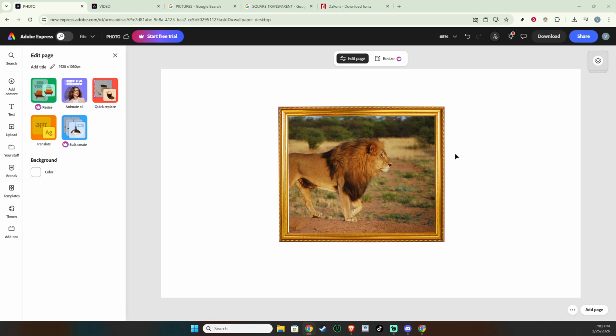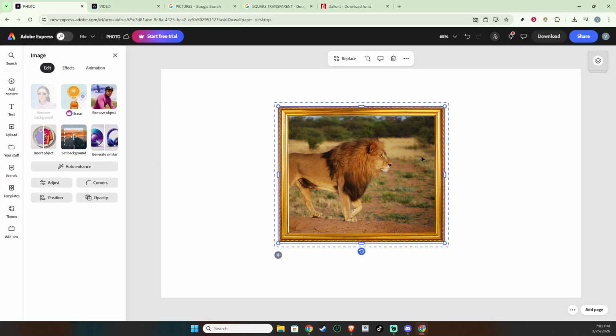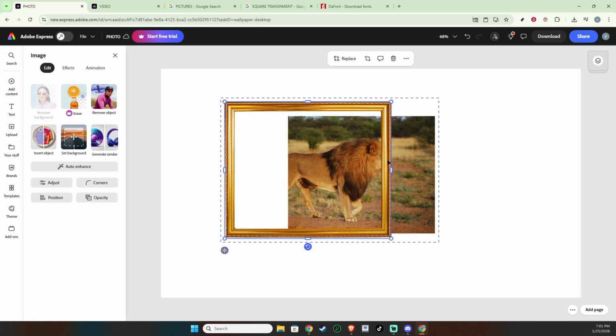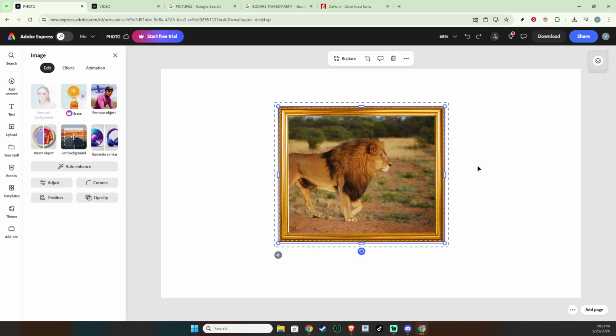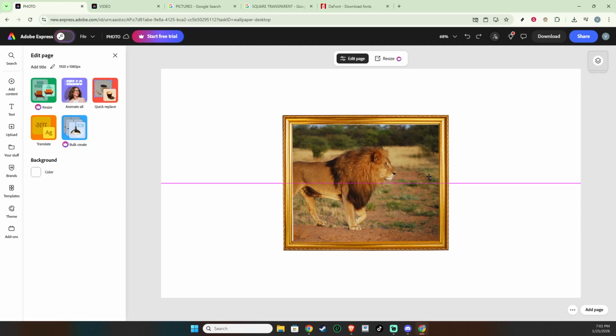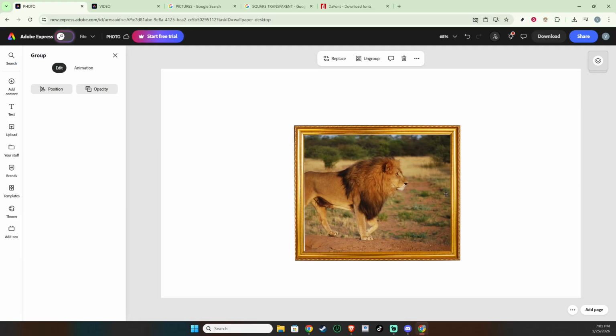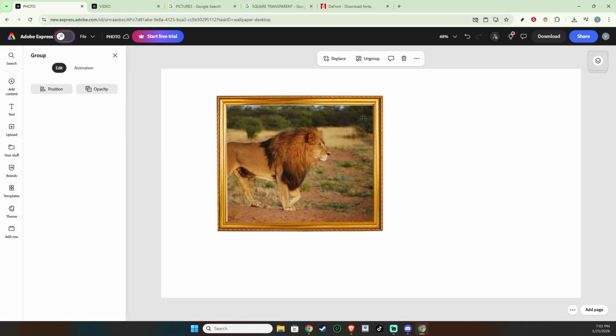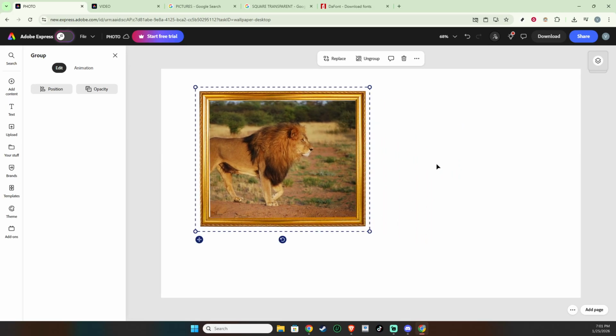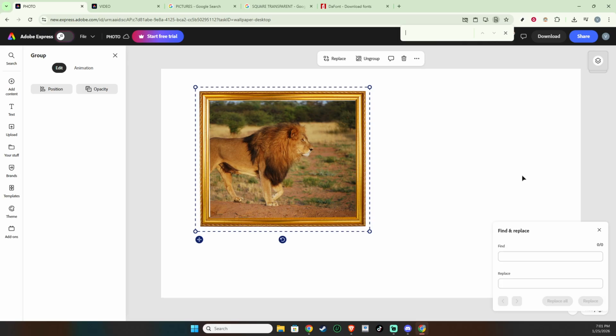Start by clicking the specific element you want to animate. That could be a headline, a logo, a photo, or a shape. You'll know it's selected when a bounding box appears around it. Selecting the element first is important because the animation settings you're about to change apply only to what's highlighted. If you're having trouble selecting the right item, zoom in slightly and click directly on it to make sure you're